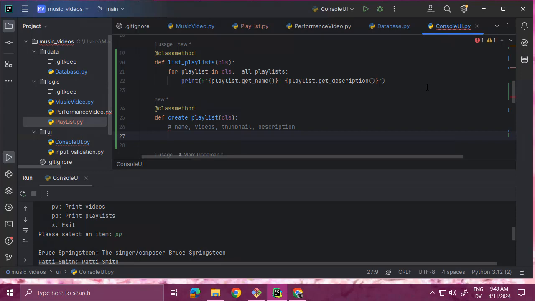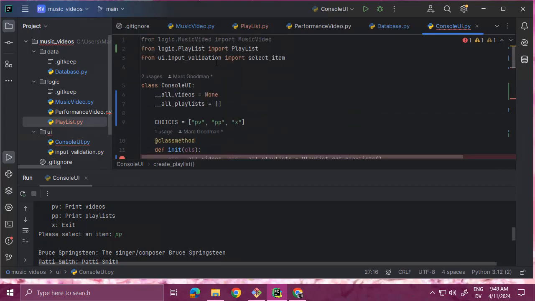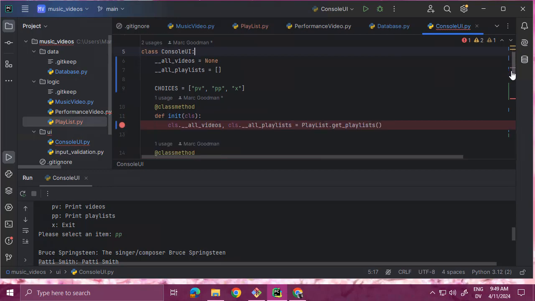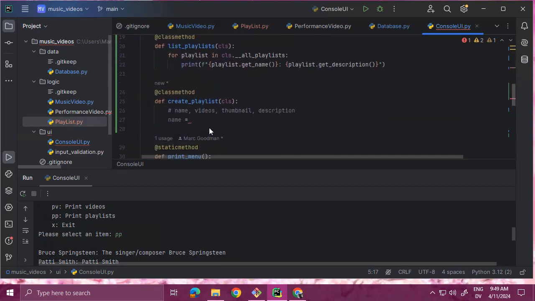So first thing we want to do is get the name. So that's going to be name equals, and then I have a input string method in my input validation library. So let's make sure that that's available. So I'm going to import select item and also input string. And then that takes a prompt, an error message, and a validation function. And the default validation function is it accepts any non-empty piece of text, which is fine for the name of the playlist. So I'm going to do input string,